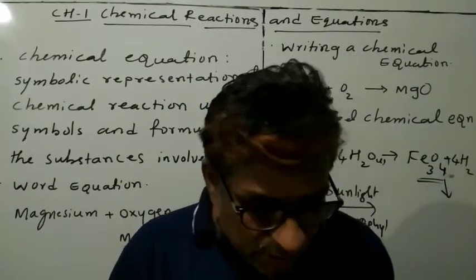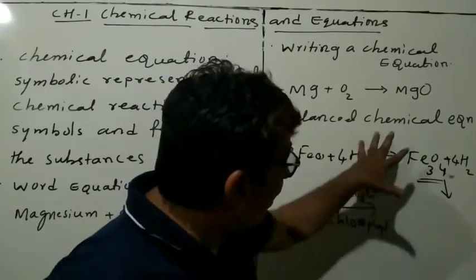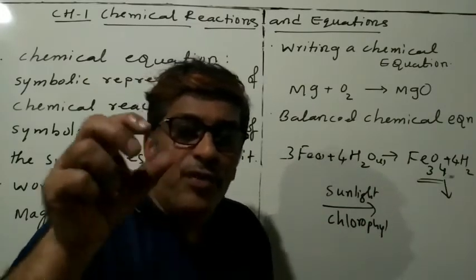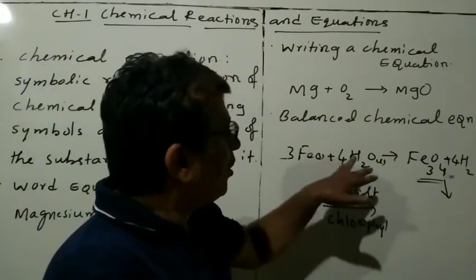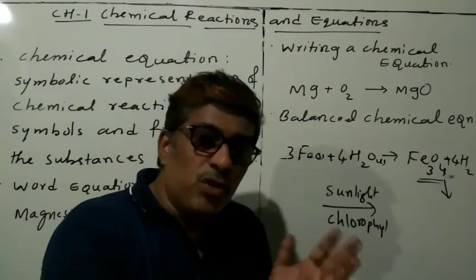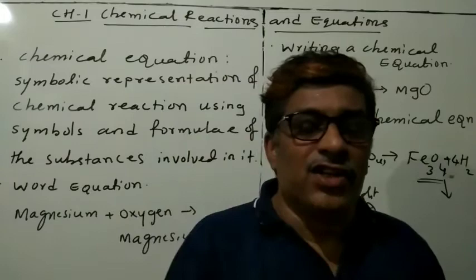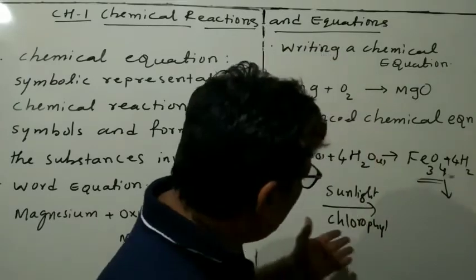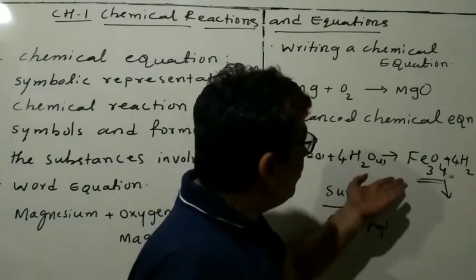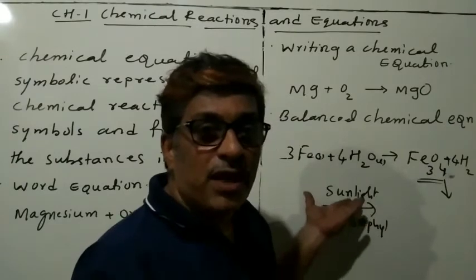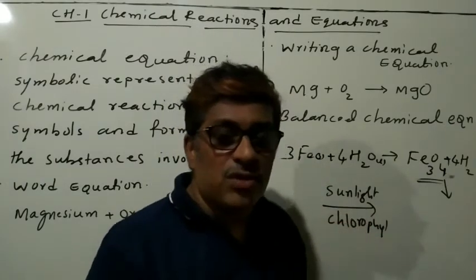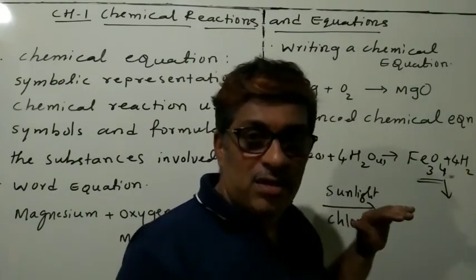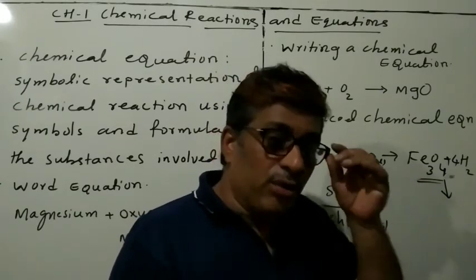So dear students, these are the things we have learnt in today's video. Whenever a physical state is not mentioned, there is no need of writing it. If it is mentioned, then you have to write the specific condition, solid, liquid or gaseous. Suppose water is in steam form, then you write gaseous; if it is liquid, you write liquid. But only if it is mentioned. Conditions like atmospheric pressure, sunlight and chlorophyll you write above or below the arrow mark. So these are the points you have to remember.